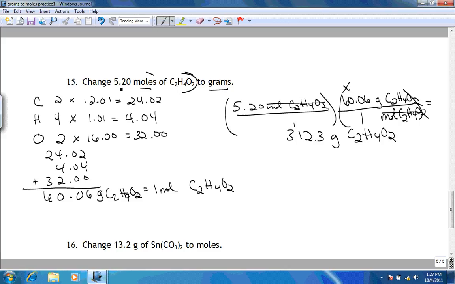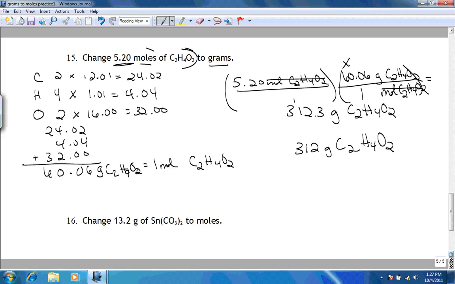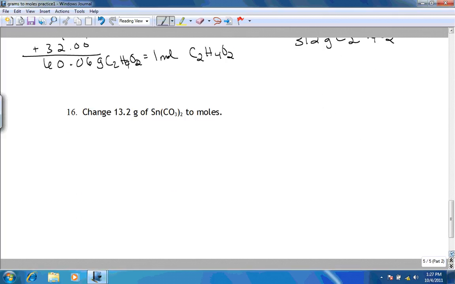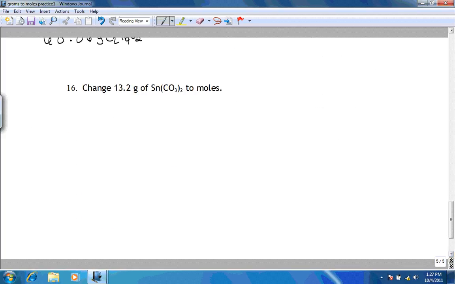C2H4O2. Because there's 3 significant figures, we're going to round this off to 312. And our last one for this worksheet, 13.2 grams of SnCO3 to moles. So we're going from grams to moles, which means we need to figure out the molar mass